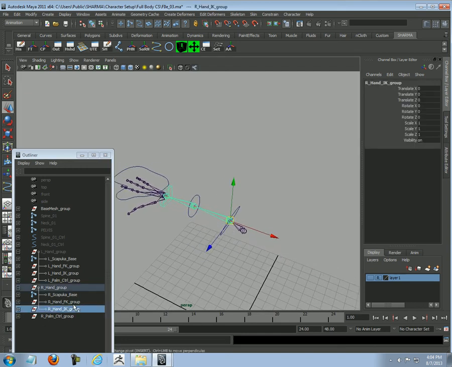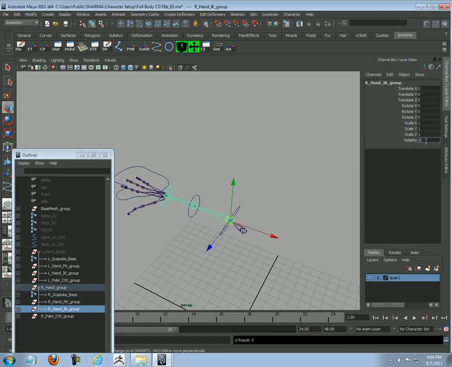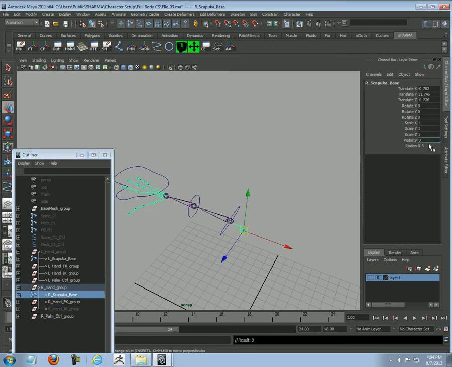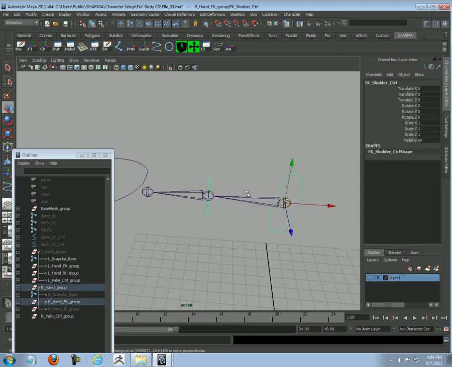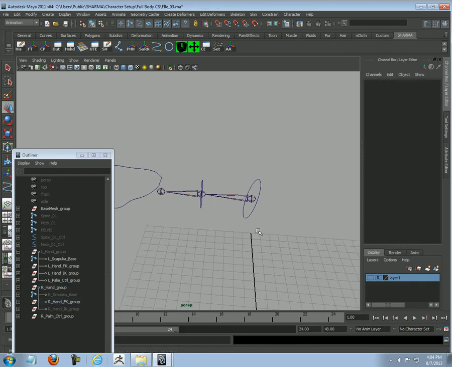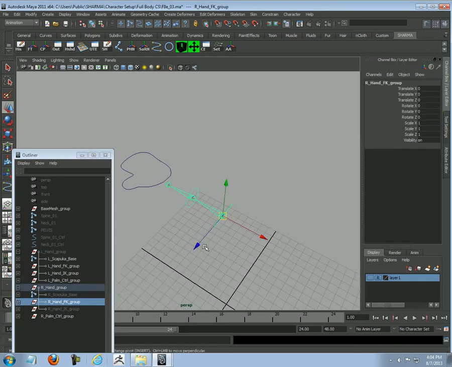Alright, now we will start making a connection. So first let's begin with FK. Alright, clean. Right naming, constraint, orient, orient. Alright, so this becomes my FK group. Move it out, it is nicely connected. Yes,